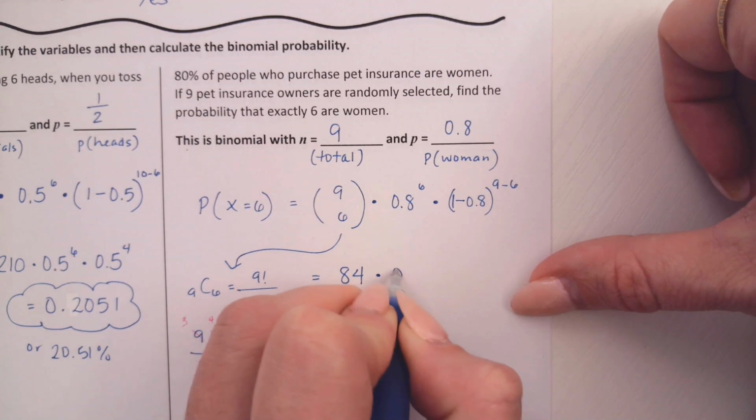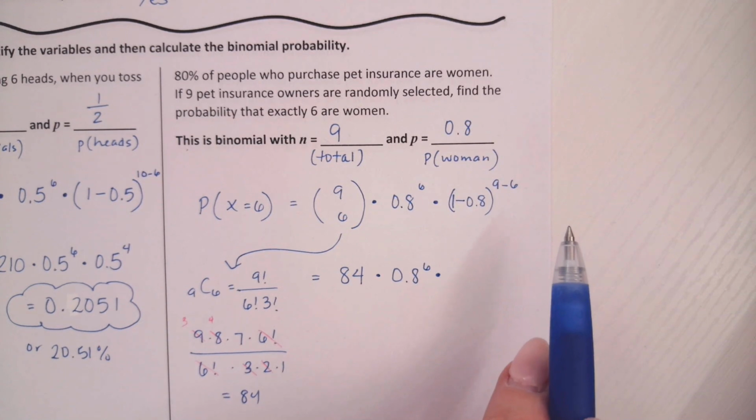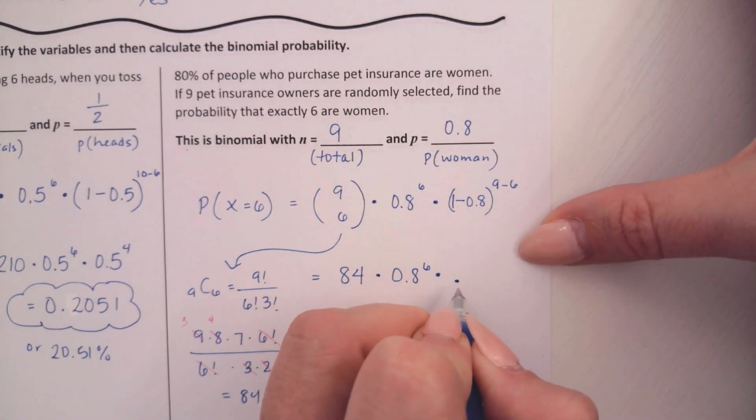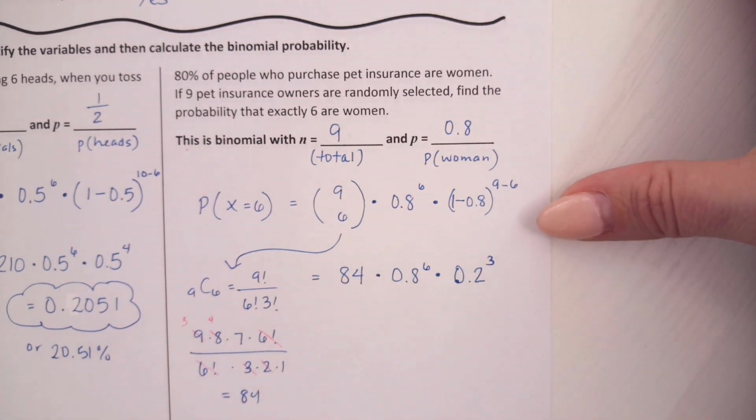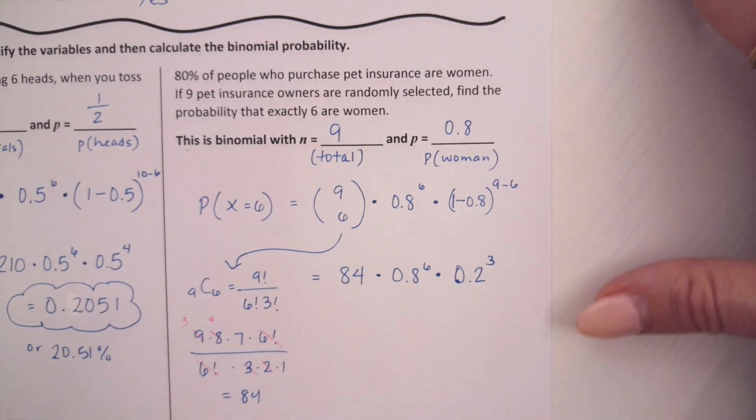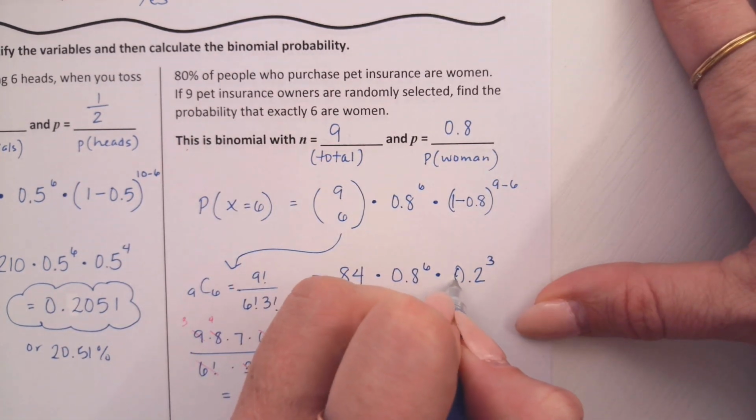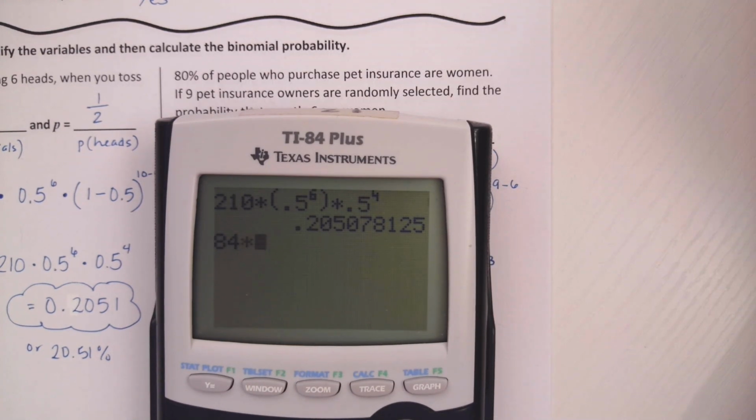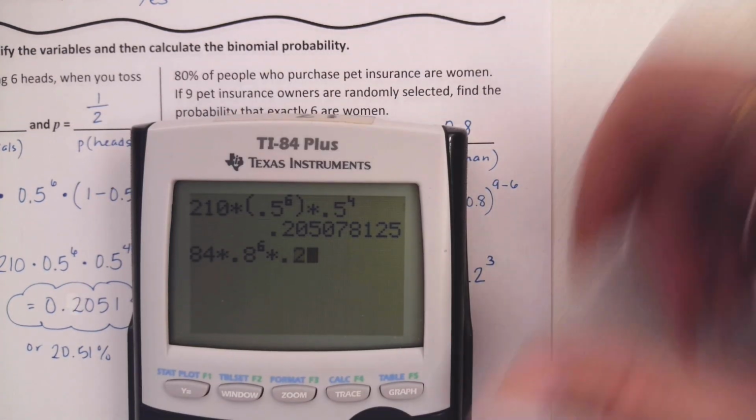And we also have 0.8 to the 6th power times, and then we'll have 1 minus 0.8, which is how much? 0.2. 0.2 to the 3rd power. And then I'm just going to type it right into my calculator. My 0 looks weird because I tried to put a decimal point there and I didn't need it. Alright, let's see. 84 times 0.8 to the 6th power times 0.2 to the 3rd power